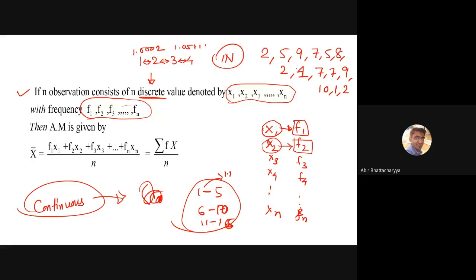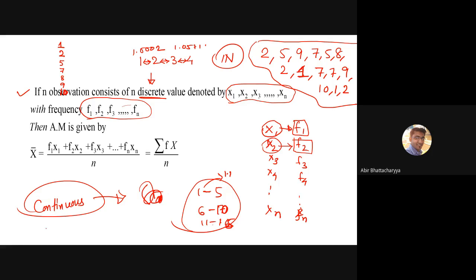So if I talk about this data set, just sort it out. First of all, you have to sort it in ascending manner, from smaller number to larger number. The smallest number is 1. 1 is present here, 2 is also present. 3, there is no 3. 5 is there next. 7 is there. 8 is there. 9 is there. And 10 is also there. These are the elements present inside the data set.